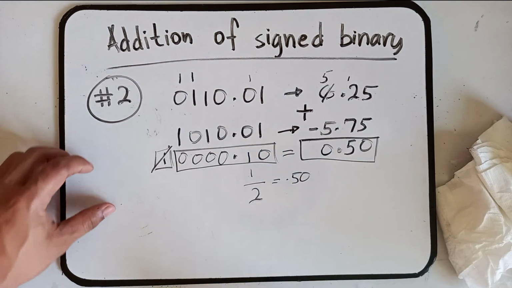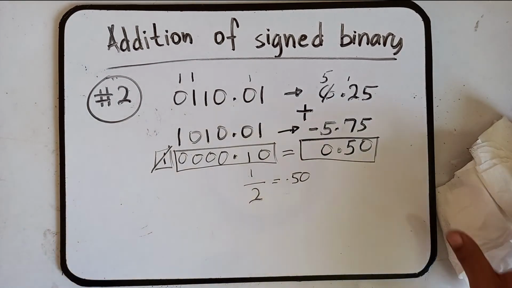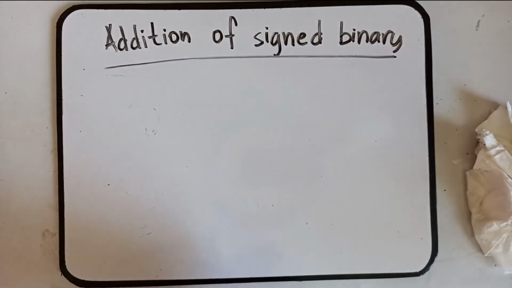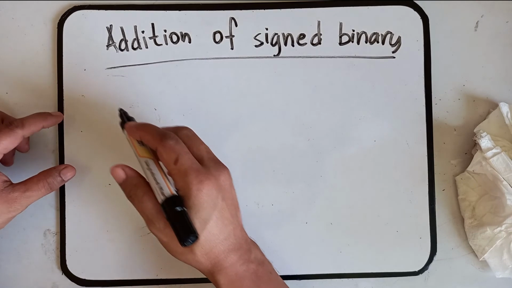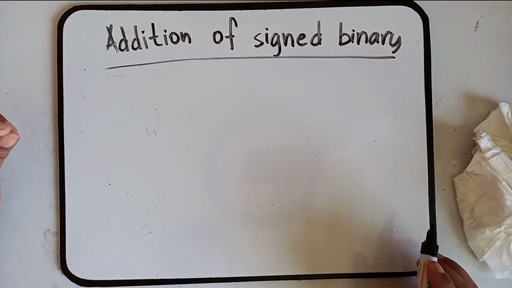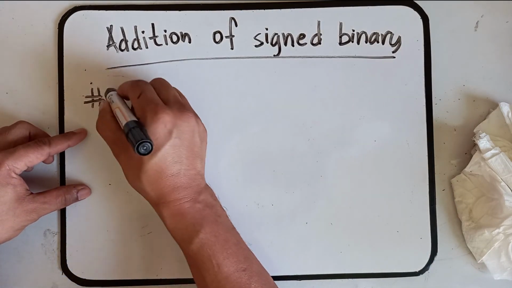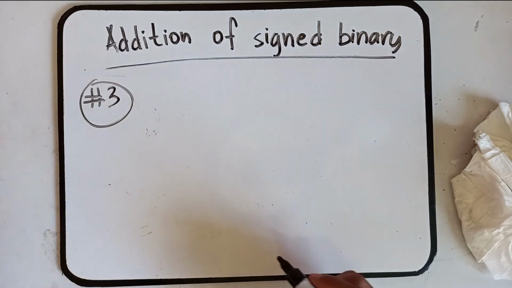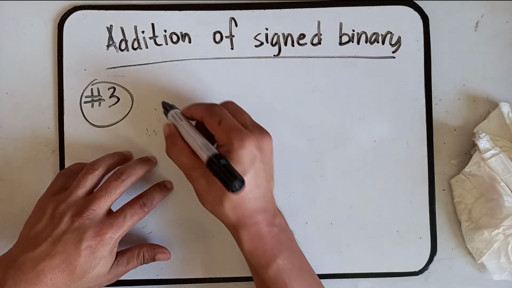Okay, so let's proceed to another example. So in our third example, let's take a different approach. Instead of having binary numbers as the given, we will have decimal numbers as given. So example number 3. So let's try here. The given are